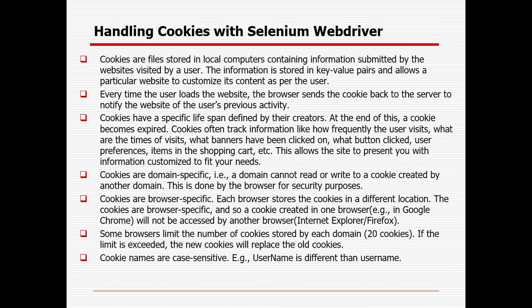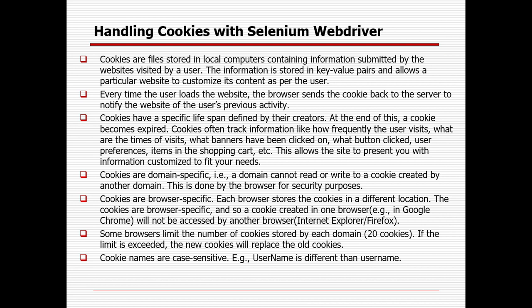So this allows the site to present you with information customized to fit your needs, instead of again launching the page and again navigating in the browser. You can save it in the cookies. Most of the time we also add the cookies, favorite things, all this stuff we can manually store. So cookies are domain specific.